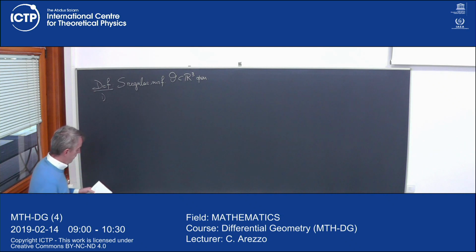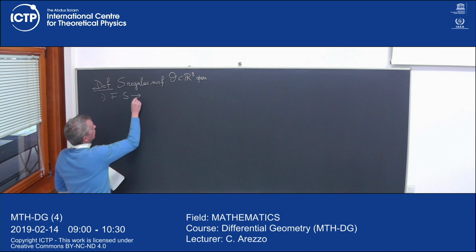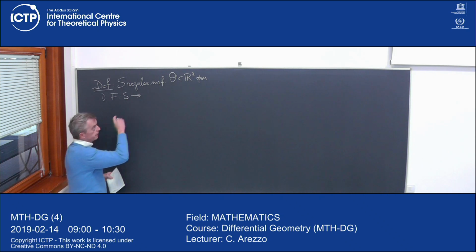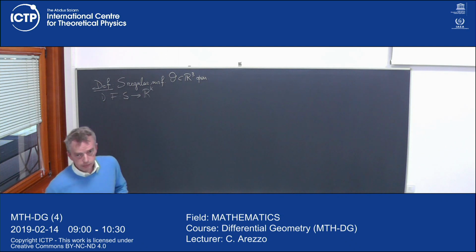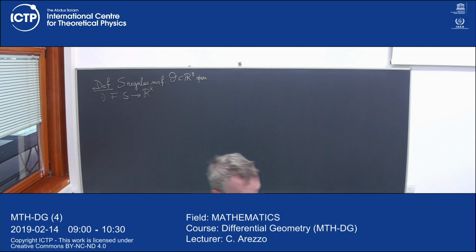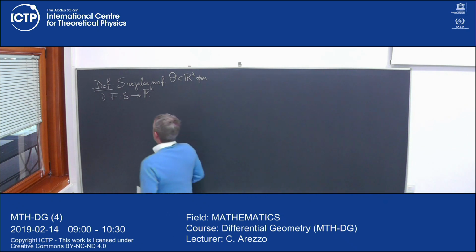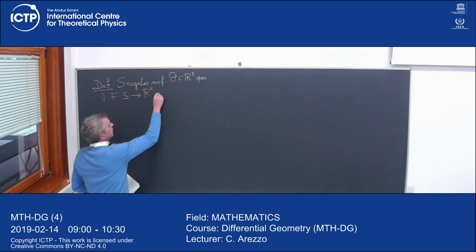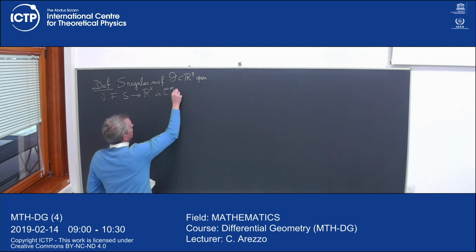So what does it mean for a function with domain a surface, but values in Rk, a Euclidean space of any dimension, to be smooth? So f from S to Rk is smooth, is differentiable, and again, you can replace it with C1, C2, C3, whatever you want, if